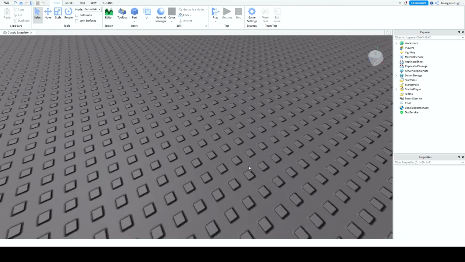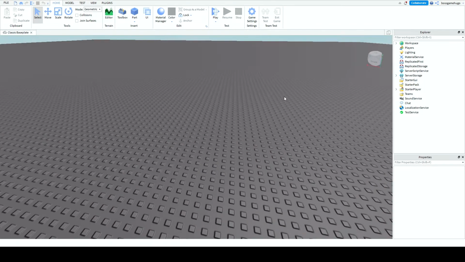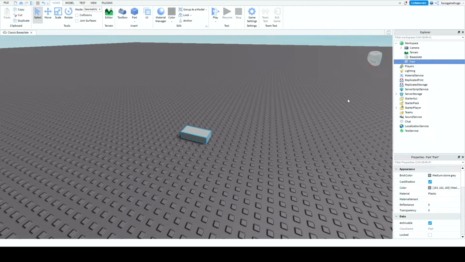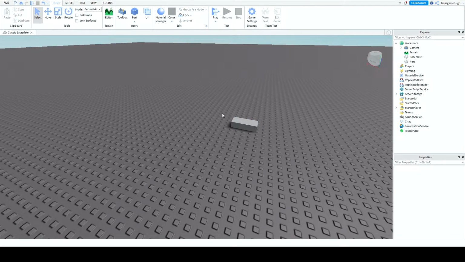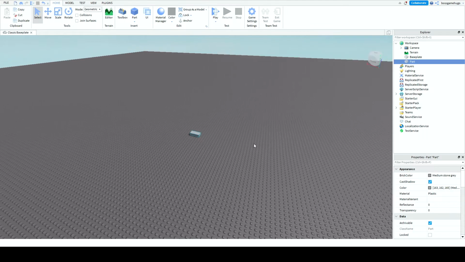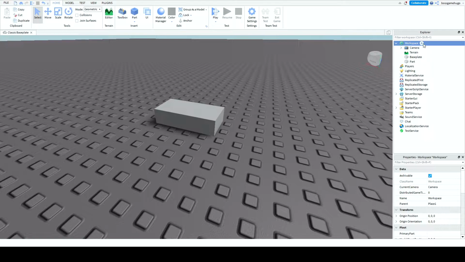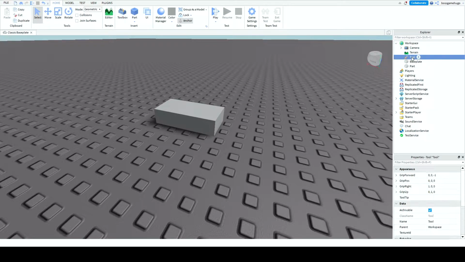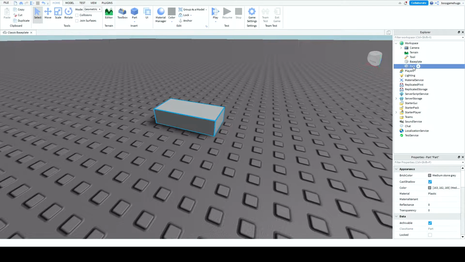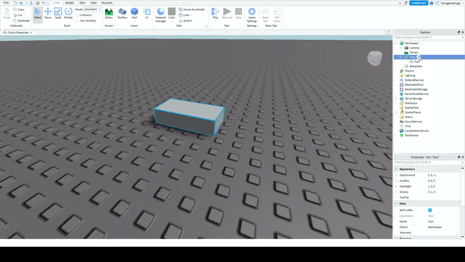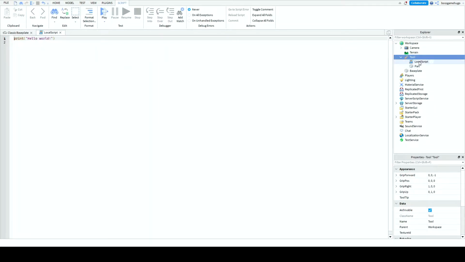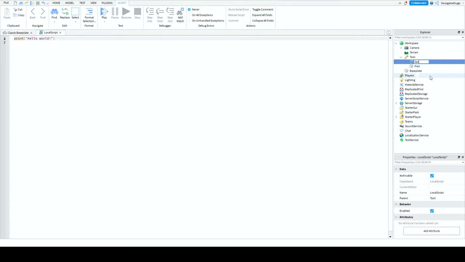So the first thing we're going to do is add a part. You can make this anything you want, but I'm just going to make it a part for the video, and I'm going to add a tool, and then I'm going to take the part and drag it into the tool. So now let's add a local script into the tool and name it get